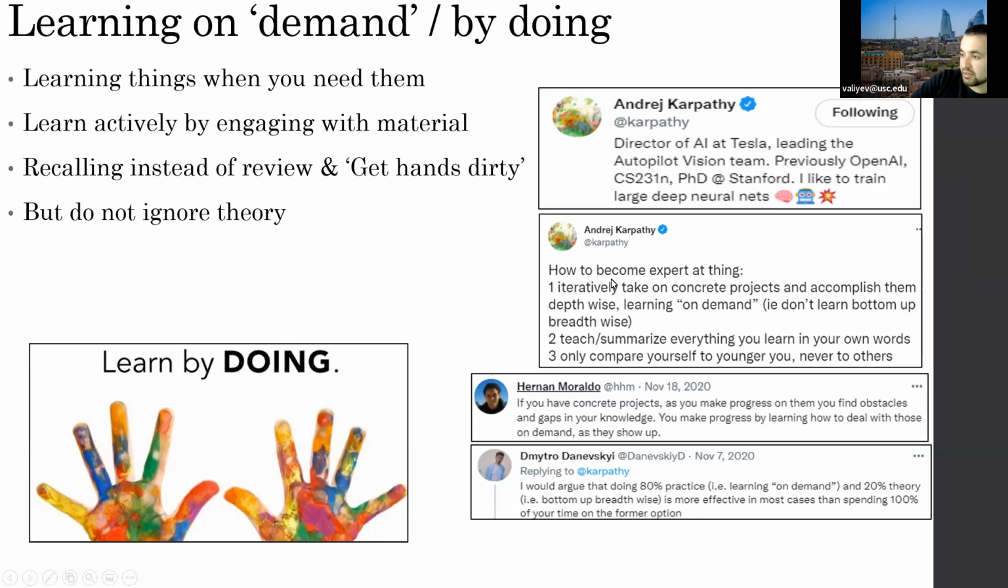He says how to become an expert at this thing: you should take concrete projects and accomplish them, in-depth, learning on demand. And he says you shouldn't learn bottom up. It means he thinks to learn effectively, you should take very concrete projects. For example, when you learn to code, you shouldn't just take 3 or 4 courses that teach you how to do while loops and for loops. Instead, you can just set a goal. I will make some